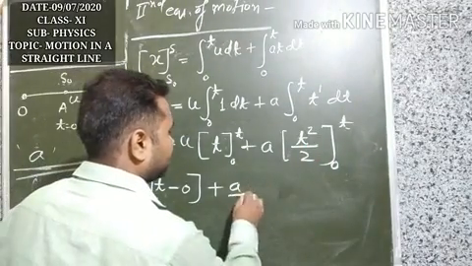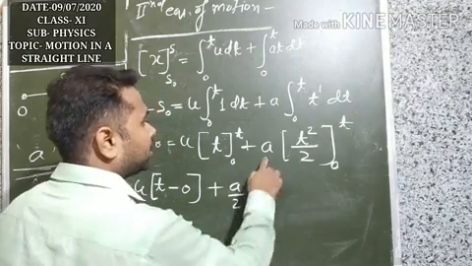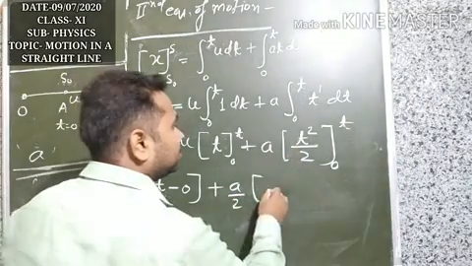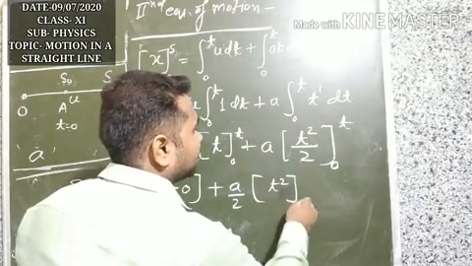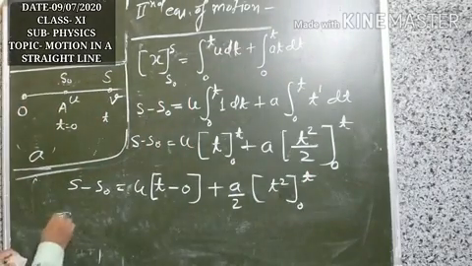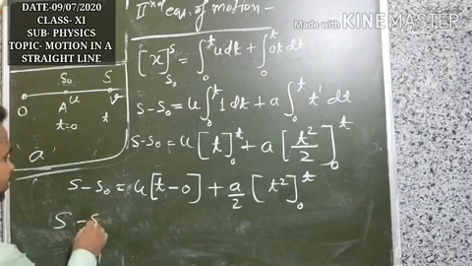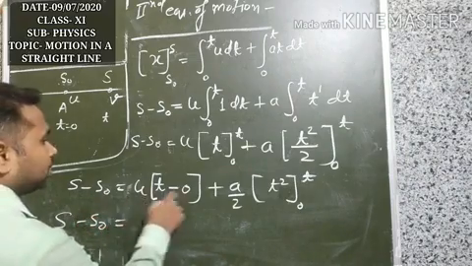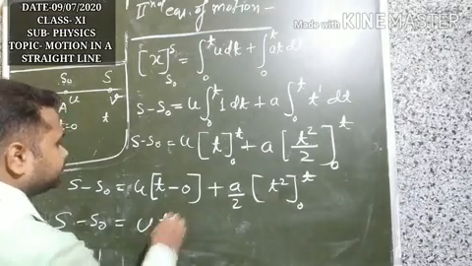So a by 2, this 2 came outside, and the limits 0 to t apply on t square. And s minus s0 is equal to, this is t, so ut,